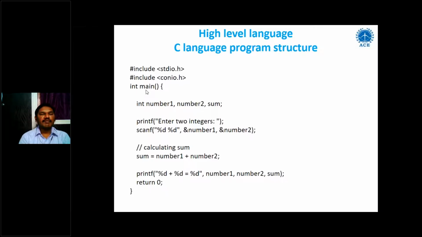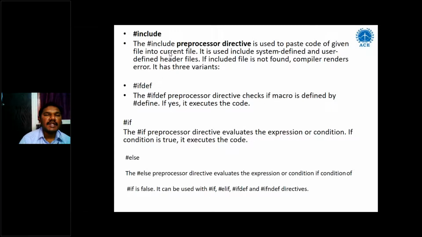The main program starts from main and closes with the closing brackets. This is what we call the program actually. But to direct this program on whatever numbers and instructions we are using, that will be given by these two libraries or header files called hash include stdio.h and hash include conio.h. Stdio means standard input output. Conio means console input output. That's why these are called assembler directives or compiler directives.